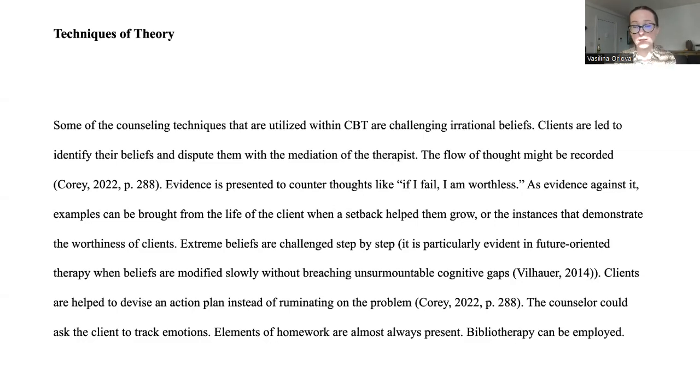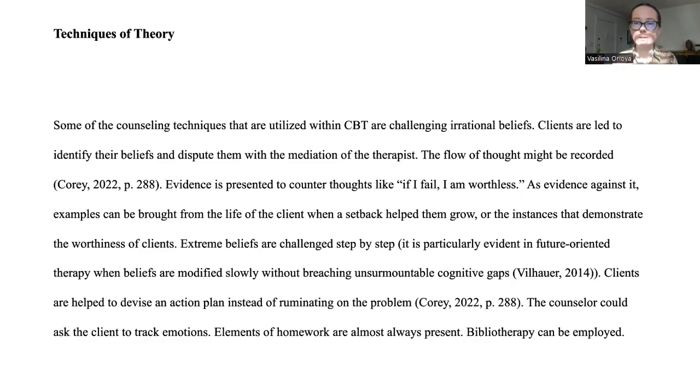So first you can present evidence against it. For instance, you don't always fail, or sometimes you fail, but it actually led to big positive outcomes in your life, and therefore you aren't worthless. This is just too extreme. So what I like about it in particular is that the extreme beliefs are challenged step by step, which is particularly evident in the future-oriented therapy, which breaches the insurmountable gaps, not in one jump, but exactly